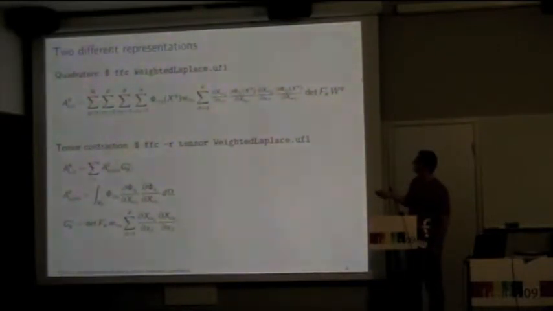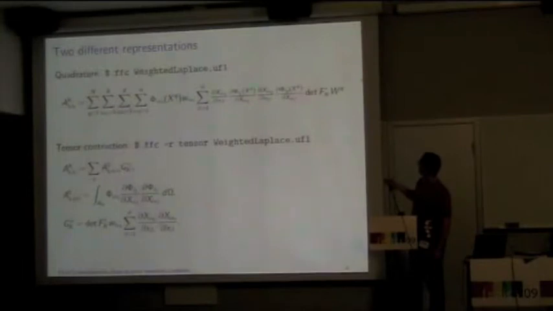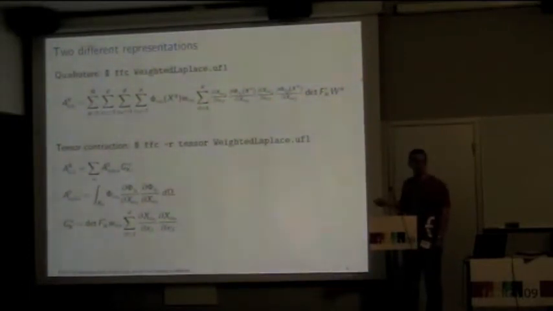We have the loop over quadrature points, some loops over the spatial dimensions, loop over the degrees of freedom for the function w, and some more looping, multiplication by the determinant of the Jacobian and the weight at the quadrature point. We can also use tensor contraction representation, which is a tensor contraction between a reference element and a